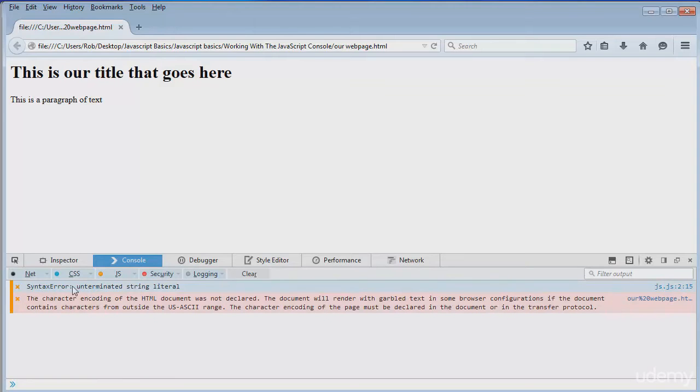Right now, we're showing a syntax error and some errors in our HTML document, which aren't important because we're not actually working with HTML too much. But we can see here that we have a syntax error in our JavaScript program. So if your program isn't running or something's not working the way it's meant to work, chances are you have an error. So if we click on this section right here,